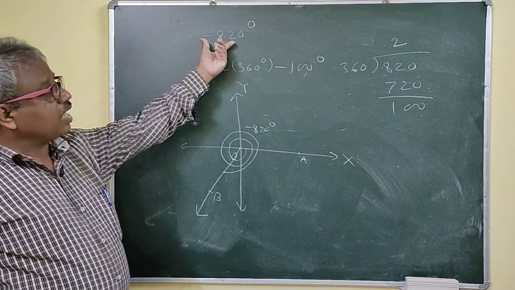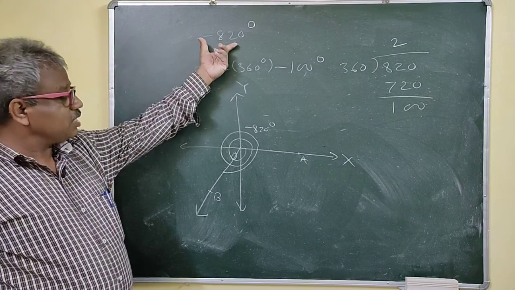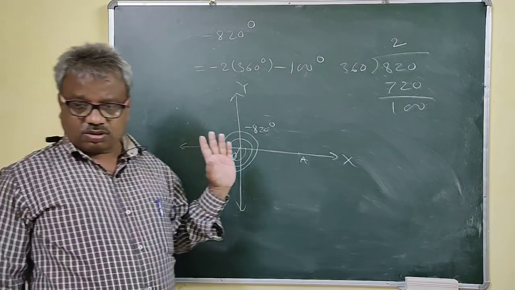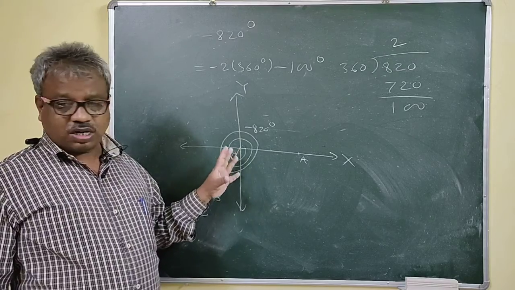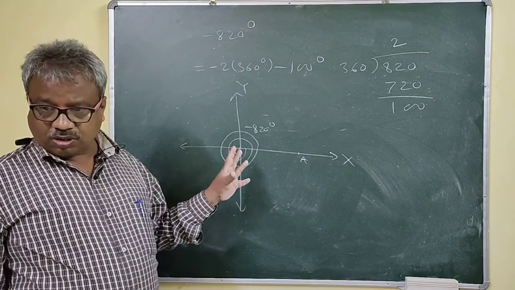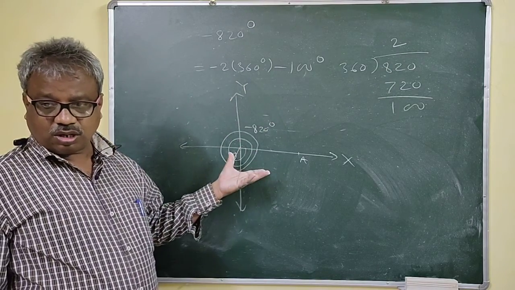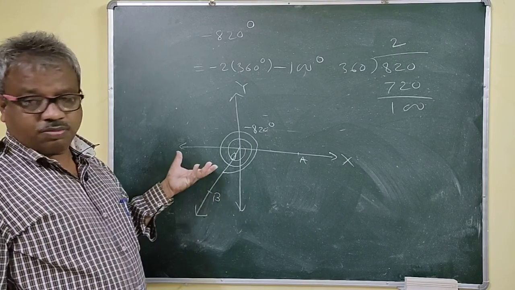Right? So where does this angle lie? It depends on the terminal arm. The terminal arm of this angle lies in the third quadrant. Therefore this angle is in the third quadrant. Right? So I hope you understand how to determine whether angles are co-terminal or not, and how to check in which quadrant an angle lies. That also we have seen here. I hope you can solve a number of problems.